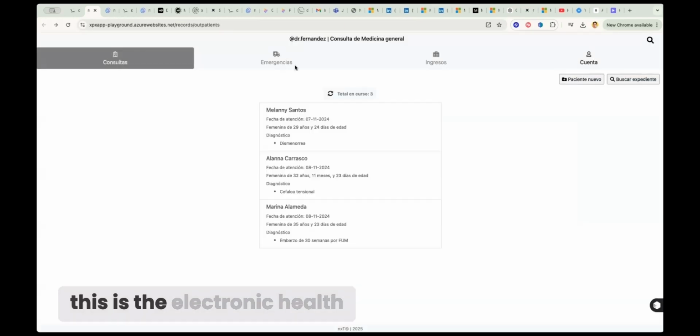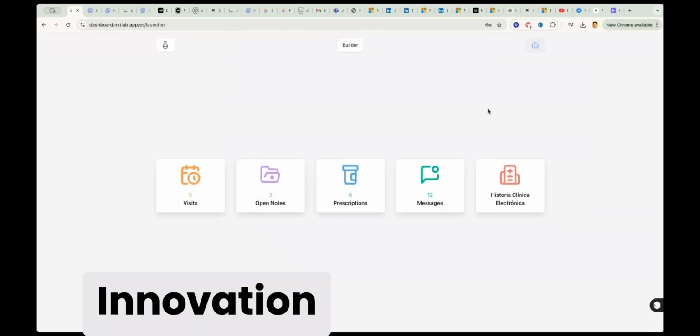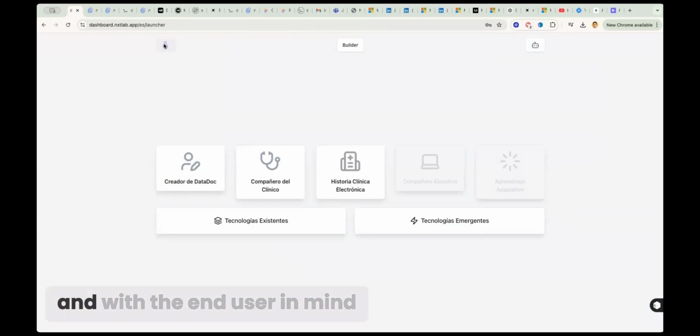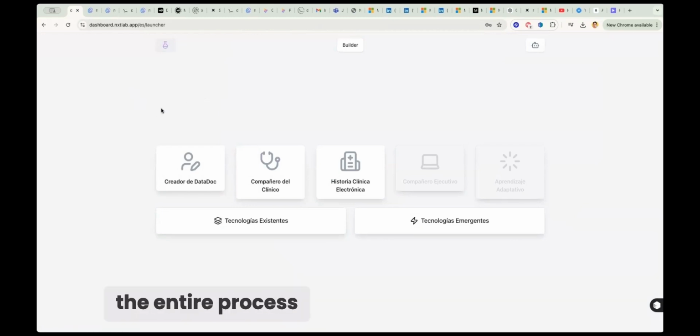Now, this is the electronic health record as I'm working with, but the innovation lab allows you to also go and play, right? And with the end user in mind. So the end user that is actually utilizing, let's say, the electronic health record, this particular doctor, provider, or front desk, they want to test out a new innovation. So instead of going through the entire process that is wasting so much energy today,